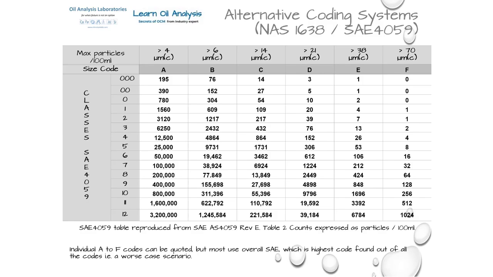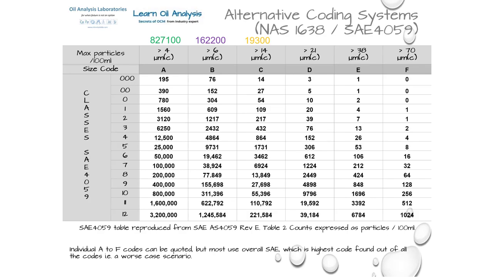per bottle, and are split into A to F subclasses. It uses the same ISO 4406 figures, such as the 4, 6 and 14 micron counts, but also uses 21, 38 and 70 micron as well. So for this example, I will use the same counts multiplied by 100 from the previous example, and because this